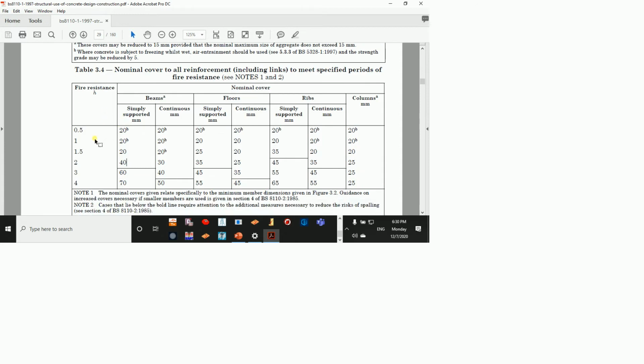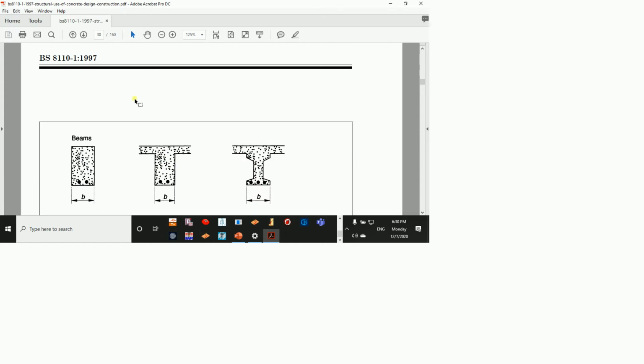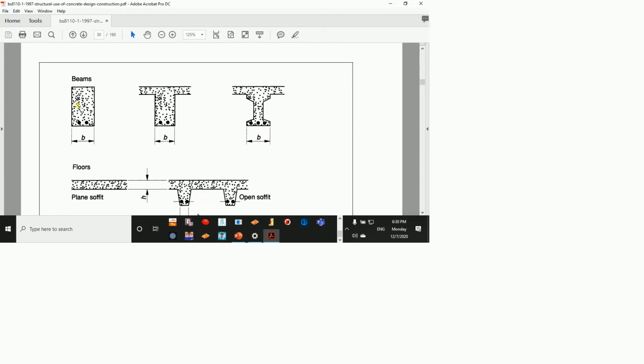Now, did you fail in water or did you fail in fire? The error that you have got, it was in fire, right? Now, if you see, which side is critical for me? Is it the width or is it the depth for a beam in case of a fire? To keep it simple,